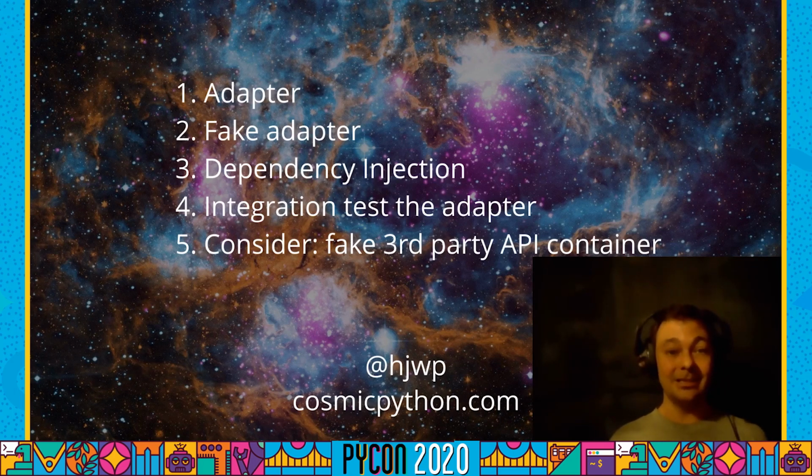Finally, consider using integration tests as your primary kind of tests for adapters. And then if you find yourself in a situation where you've got flaky CI builds and end-to-end tests, consider building a fake version of your third party for your tests. It's probably quite a lot less effort than you think, and it might get you a lot more payout than you would initially think.